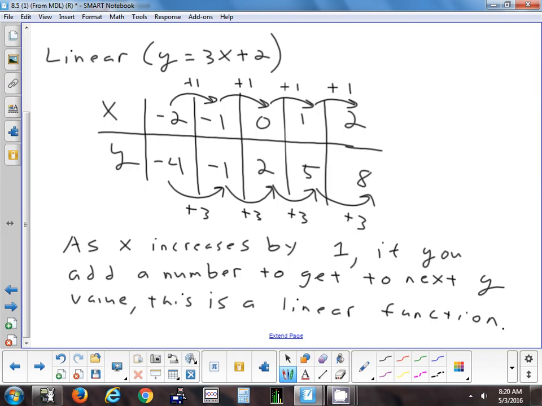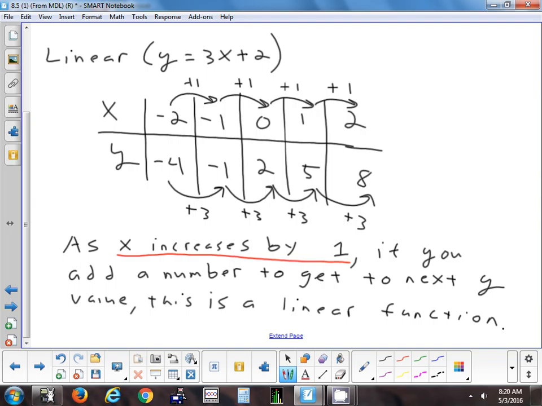We're going to show you guys the difference between linear and exponentials. The important thing you have to do when you set these tables up is that your x's have to go up by 1. Like Mr. Roy just said, we're always going to use these 5 numbers, even when we do the stuff later today, every time. So as x goes up by 1, you add a number, in this case 3,